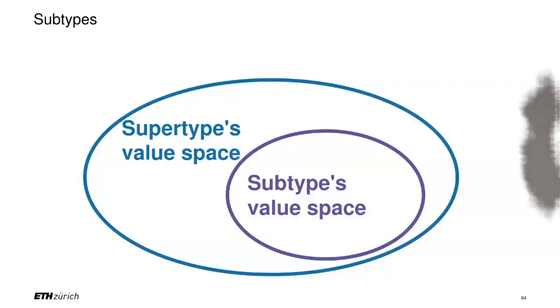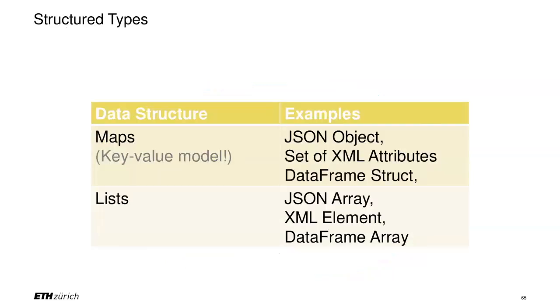All right. And just so you know, you probably know from Python and Java, we can have subtypes, for example. Decimals are a supertype of integer, because all integers are decimals, but not all decimals are integers, right? So you have this concept of supertype and subtype also in many of the systems, but this is already advanced. I mean, not everybody uses these things. All right, so that was the atomic types. Strings, numbers, dates, date times, binary, durations, and so on and so on. More or less all the same everywhere.